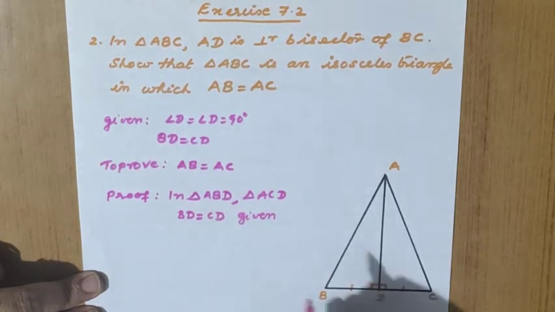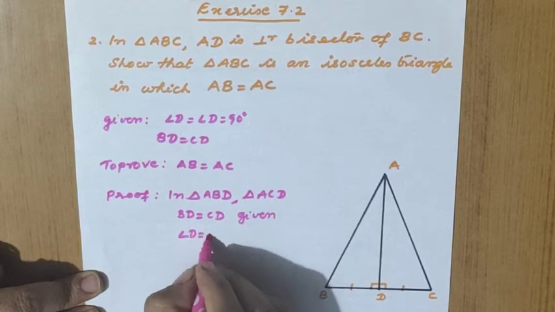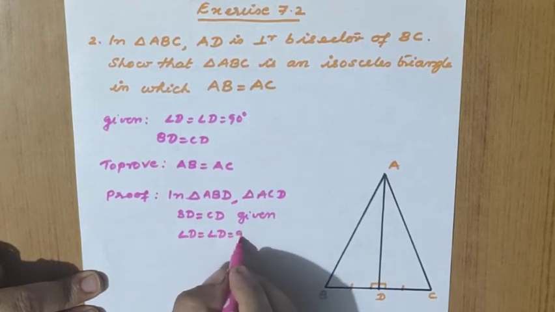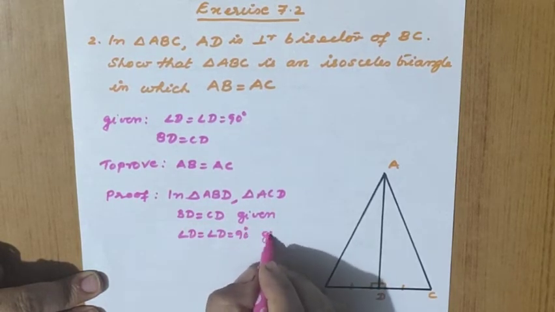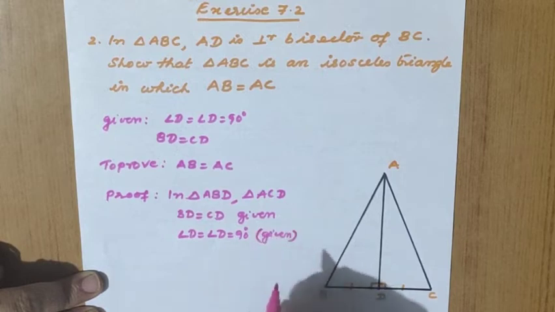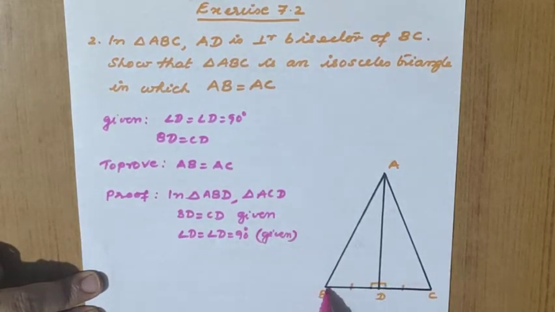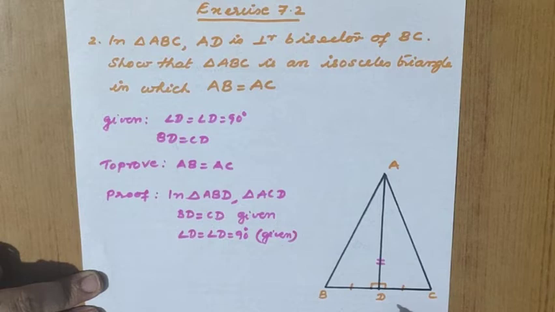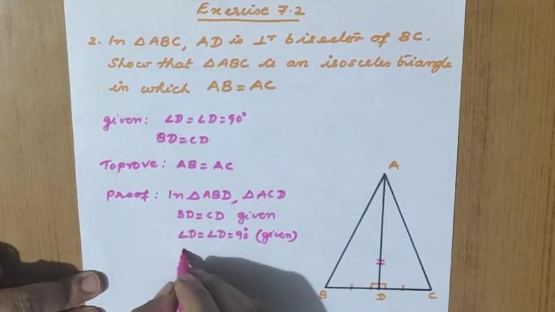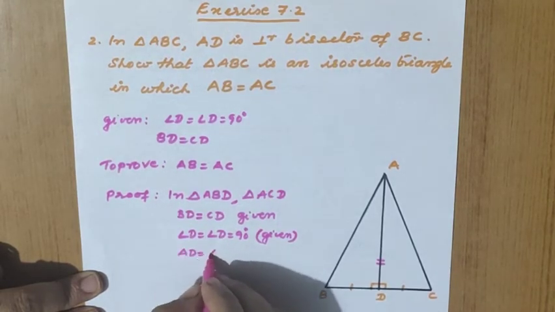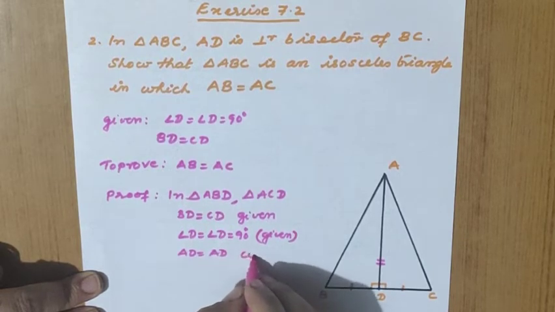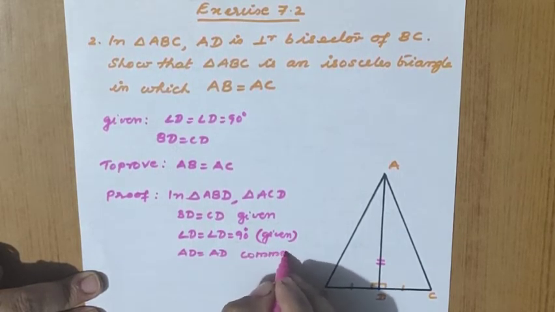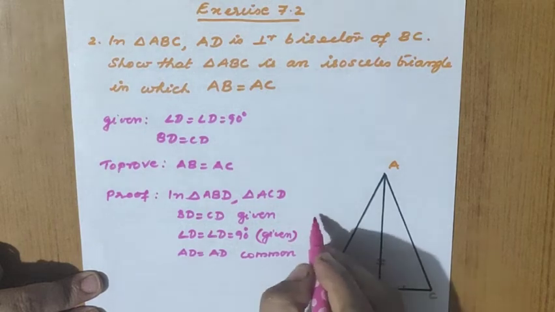Again one more is given, angle D is equal to 90 degree. That is also given, right? Now you know that one side we got, one angle we got. Now this side is a common side. So two sides and one included angle we are getting here. So what we can write here? AD equal to AD common. Okay. So side,